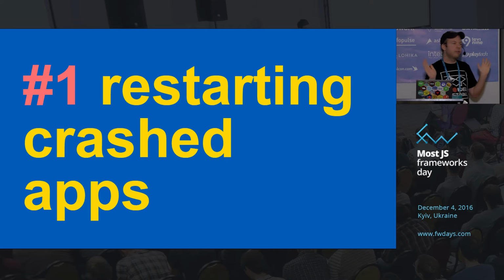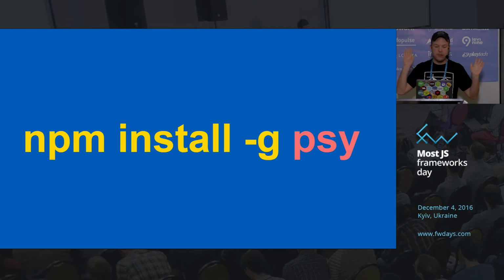So there's a bunch of stuff out there for this already, and lots of them are really big and frameworky and require you to read all kinds of man pages. But I found this really cool module recently called PSY that Substack wrote. That's super cool, and I'd like to show you how that works. I have a cool demo. I just spent like 15 minutes making that thing rotate. So let's see if we can make this work.